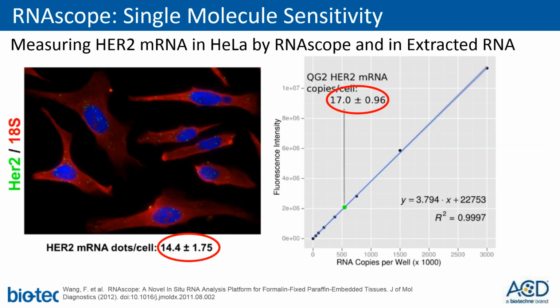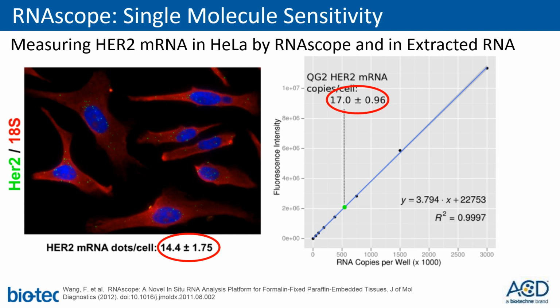This signal amplification results in sufficient signal to see each molecule as an individual dot. That's illustrated in this data here from the first publication with the RNAscope method. In this case, we're showing an example of two experiments, one with HeLa cells and an RNAscope assay, in this case to detect the HER2 transcript, and in the other, a plate of HeLa cells where RNA was extracted and solution-based measurement of HER2 transcript was performed in the context of in vitro transcribed methods that could be used as